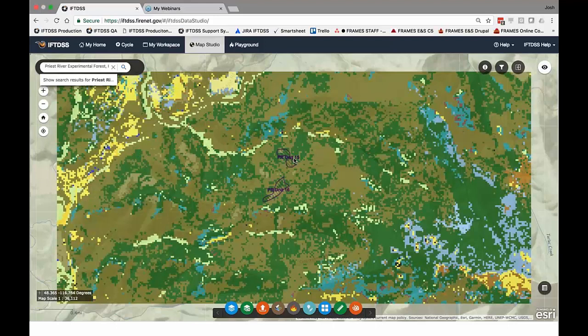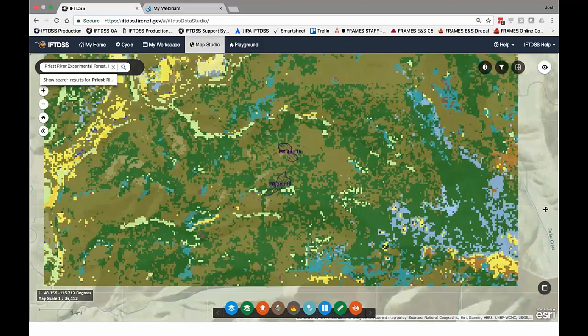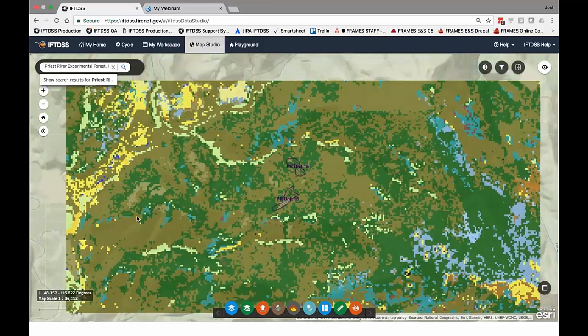And we could use this landscape just as it is, and I'm going to leave it as is for now. I won't really go into editing in this webinar since we have a whole webinar set aside for it next, aside from just to point out how that process would work, navigating from Map Studio to your editing interface and back again,